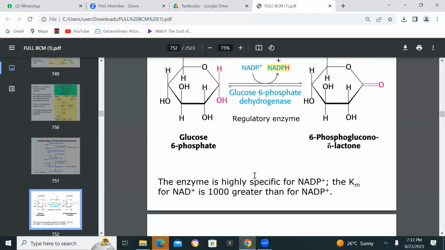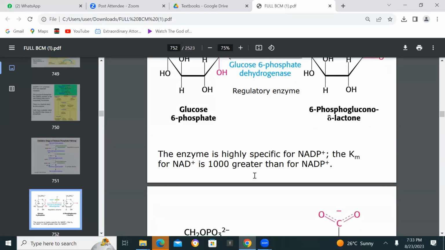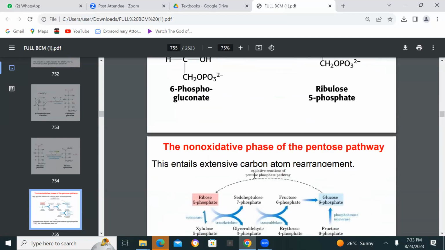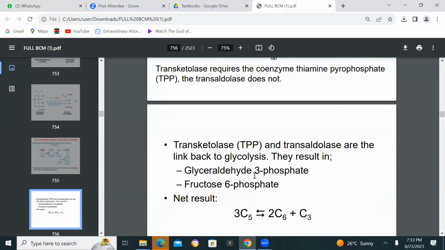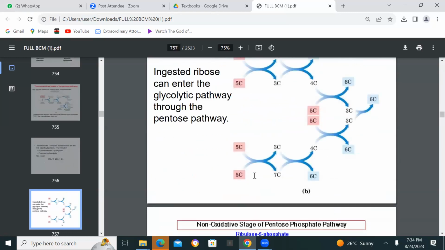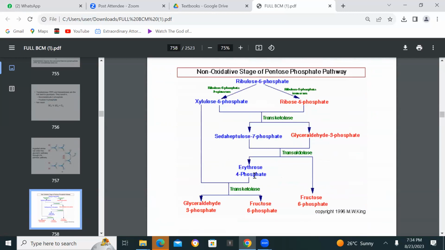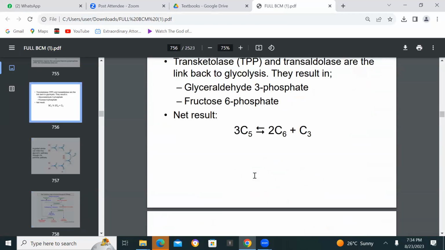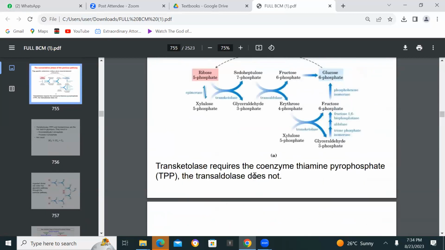And this NADPH is very crucial, like we said, for dealing with those reactive oxygen species. And you remember, let me just go back, glucose 6-phosphate